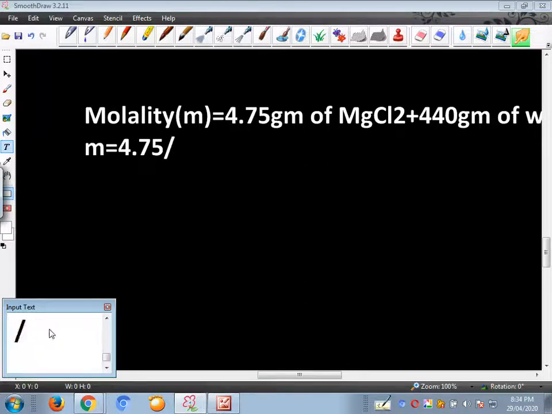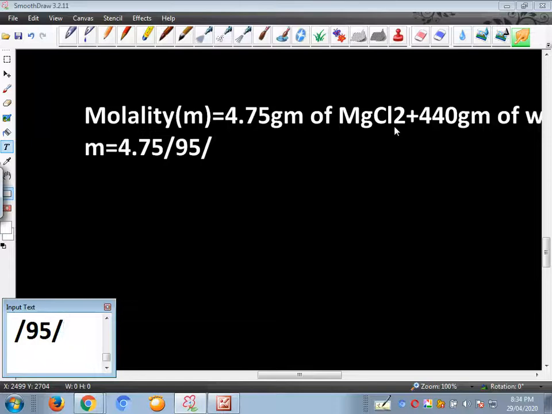Now students, remember the molecular mass of magnesium chloride. Can you calculate? Magnesium atomic mass is 24 and chlorine is 35.5. There are two chlorine atoms, so 35.5 into 2. So the molar mass of MgCl2 is equal to 95. This is whole divided by